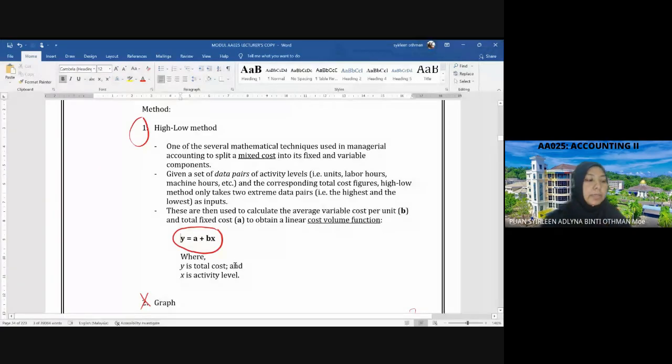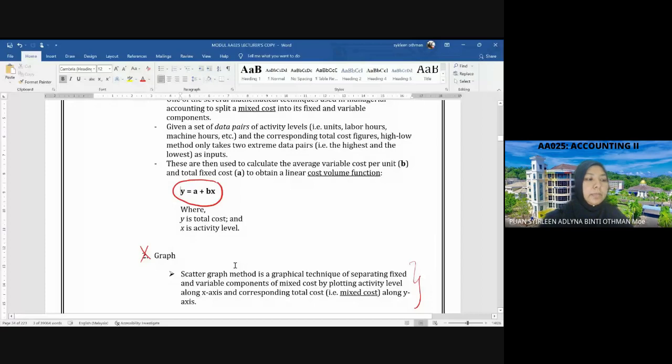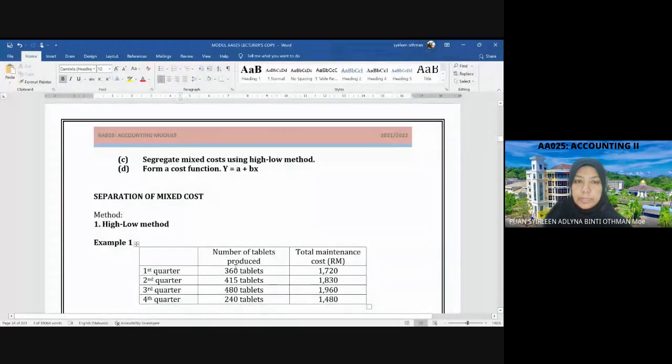Okay, so now we need to understand first what to do. Let's say you are an accountant in your company. So now you are asked to estimate the cost that you need to bear in order to produce a product. Okay, we need to make an estimation. So when we want to make an estimation, you need to know first what types of costs need to be borne for that production. Okay, so all the cost list that you receive, the first thing that you need to do,